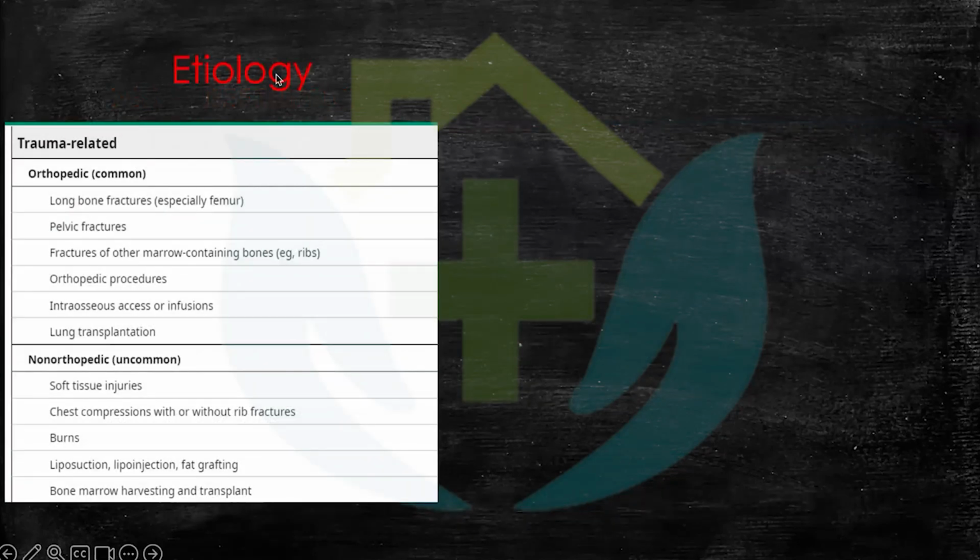So the etiology, obviously, it is a trauma topic, so trauma is by far the most common. 90% cases would be trauma, and especially long bone trauma. Why? Because long bones have bone marrow. Long bones have a larger amount of marrow, and the marrow is functional in adults as compared to vertebrae and everything. So that's why it is much more common with long bones.